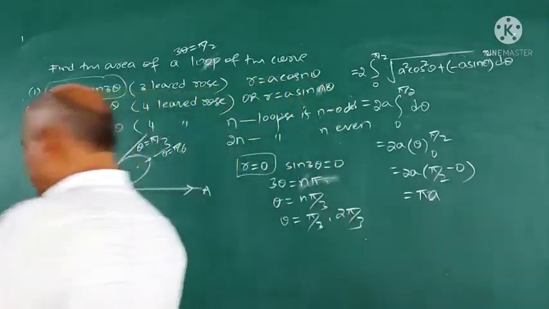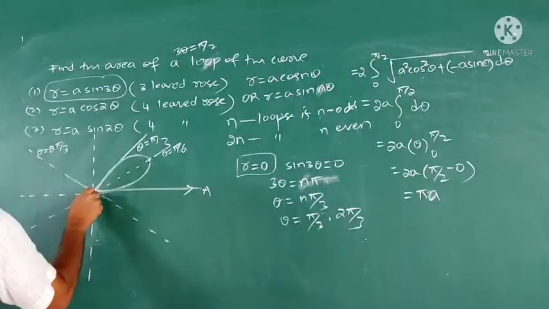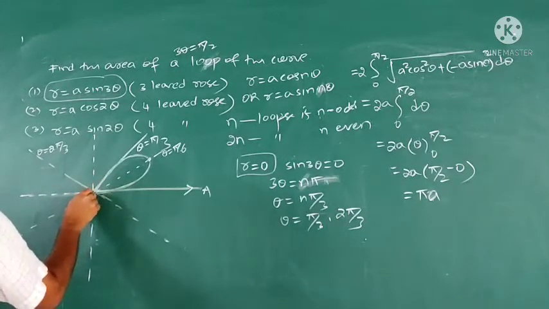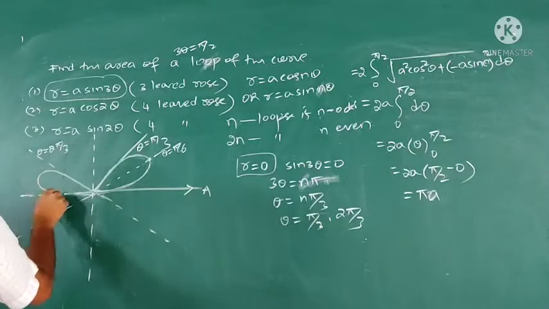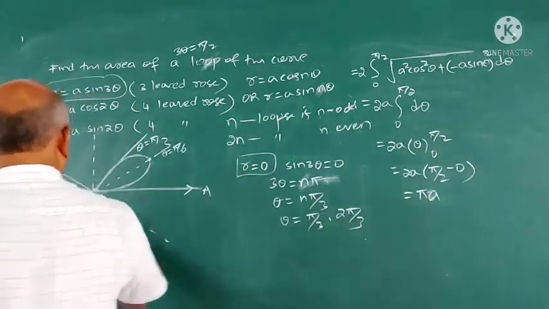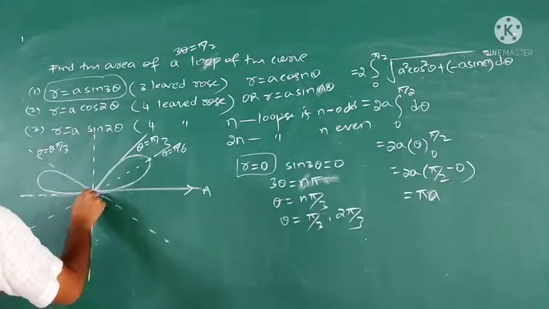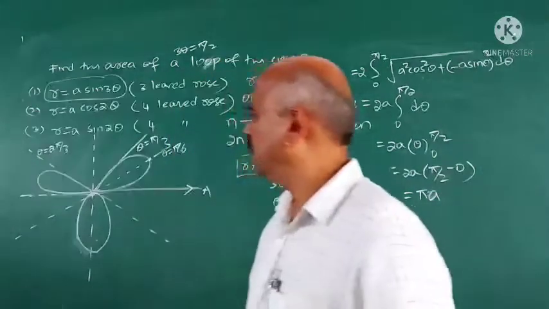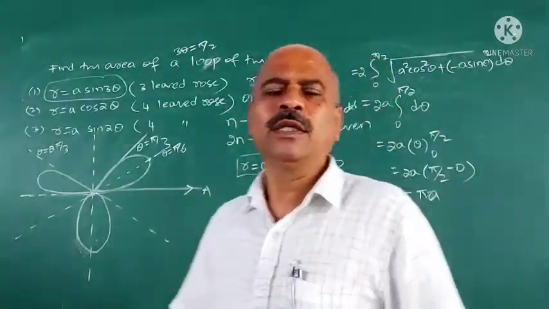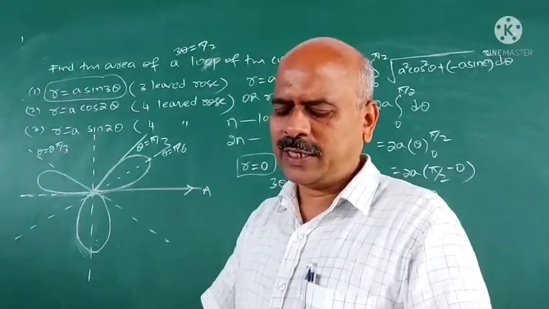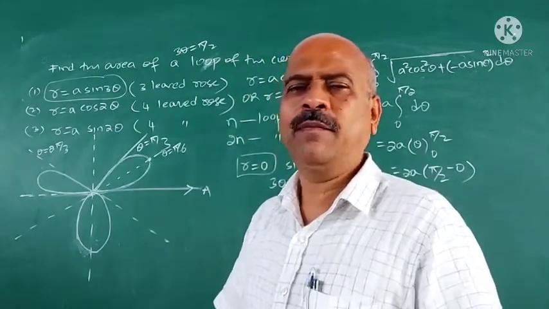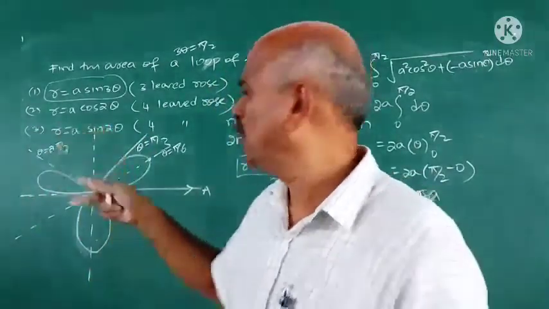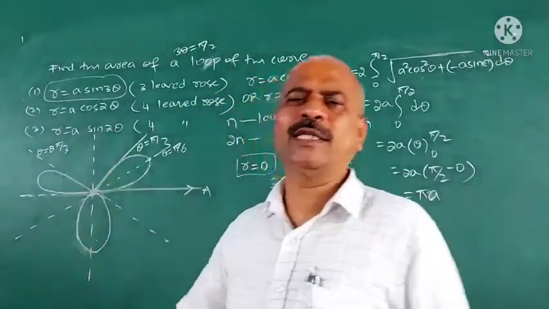This is one branch. The second branch is like this, because it is symmetric about theta is equal to pi by 2. So the second branch is like this. And the third branch is, because it is a three-leaved rose, there are 3 loops, and they are equal. This is the curve r is equal to a sin 3 theta. You study this curve, go through it once again, plot some more points, then you will get this curve.